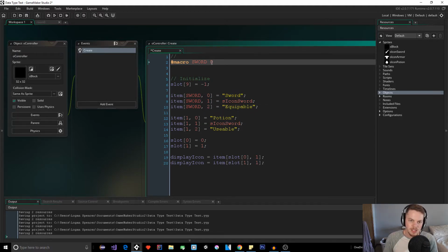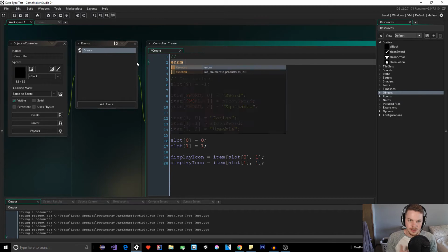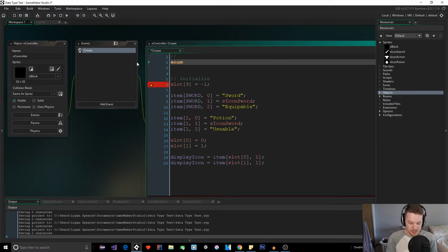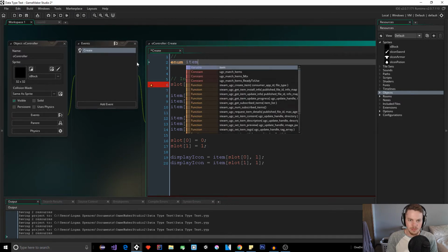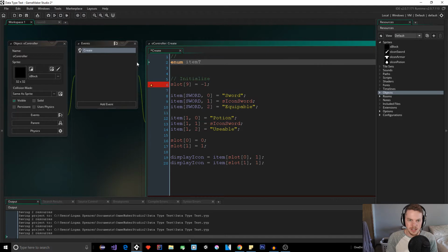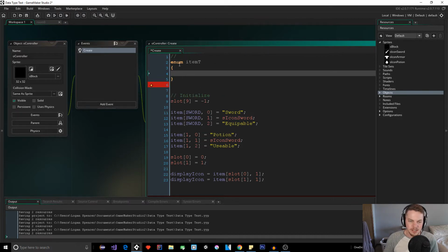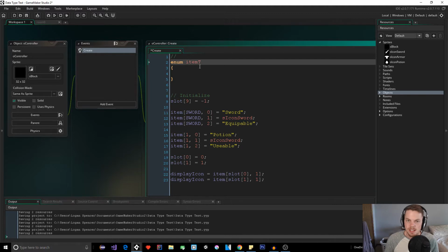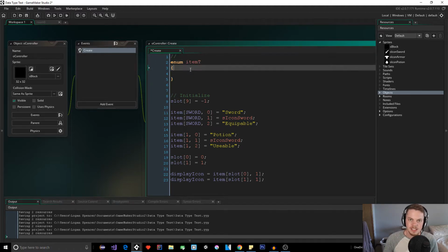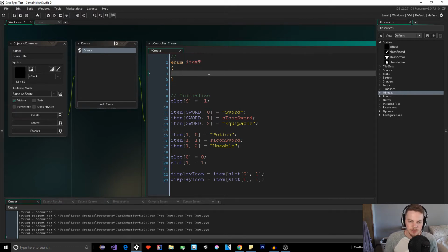So you can use macros, but there's one other thing that we can use. We can use enumerations, and we can declare an enumeration like this. We can use enum, which stands for enumeration. Then we give it a name. What do we want this to be? Item type. I'm going to use item_t for shorthand for item type. And then we give it the braces. And an enumeration is global. We could initialize this in our game controller when it first starts the game, and then these values will always be available. So all we have to do here is say we have a type sword,